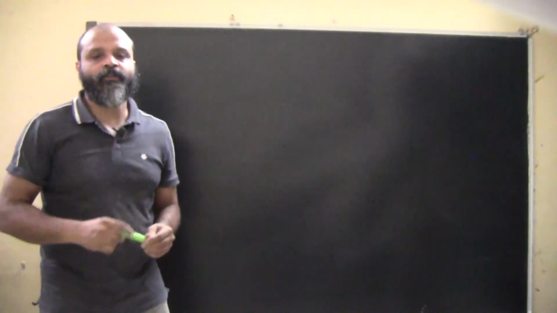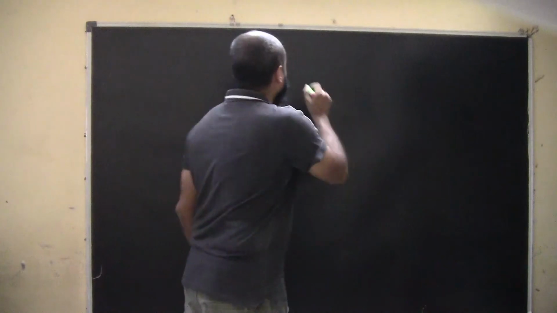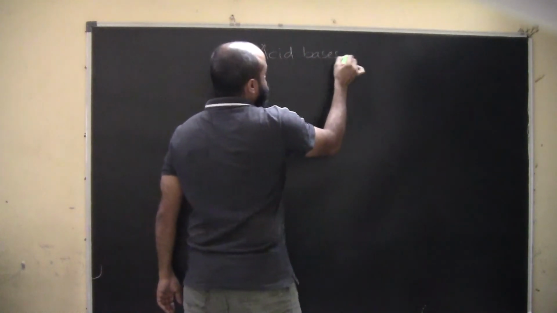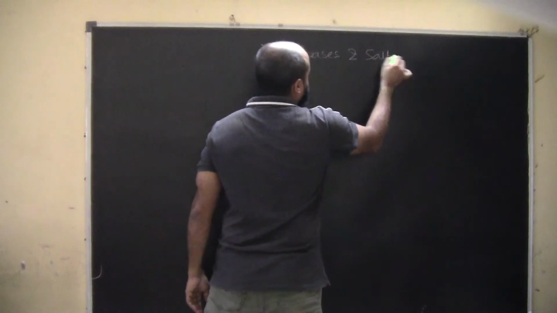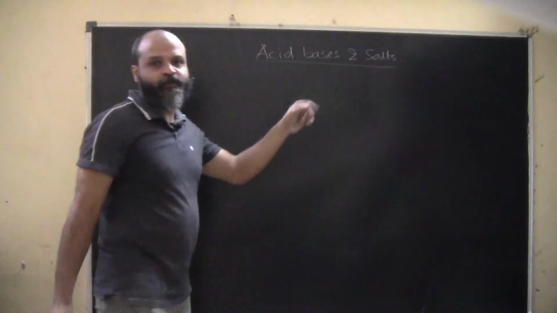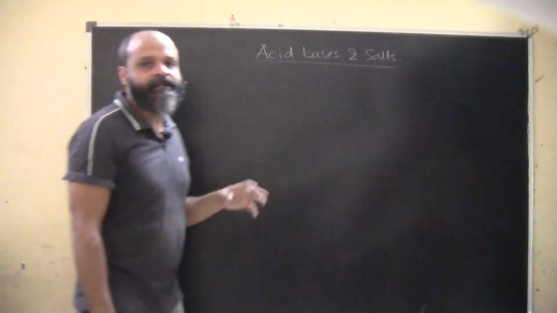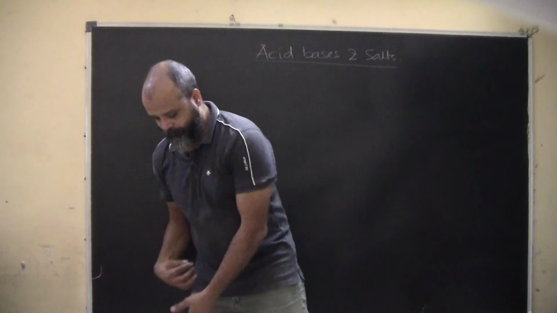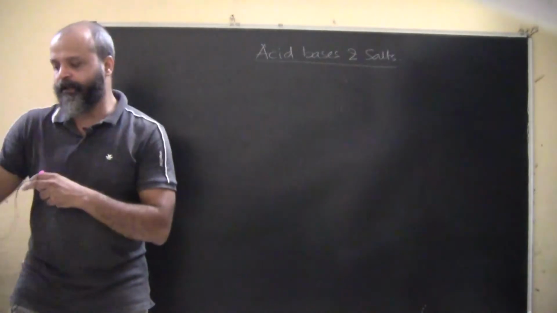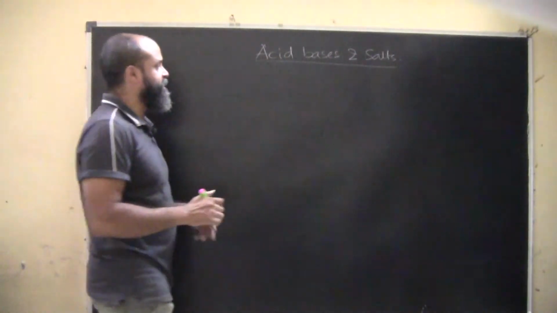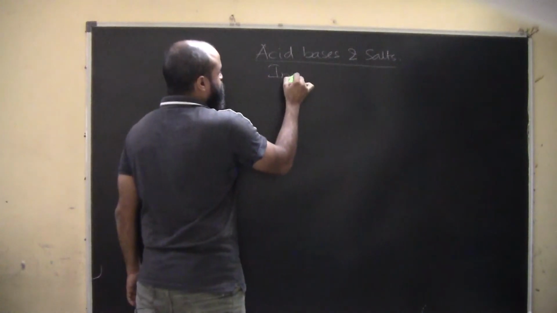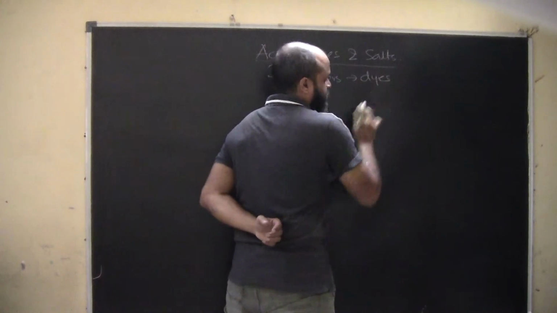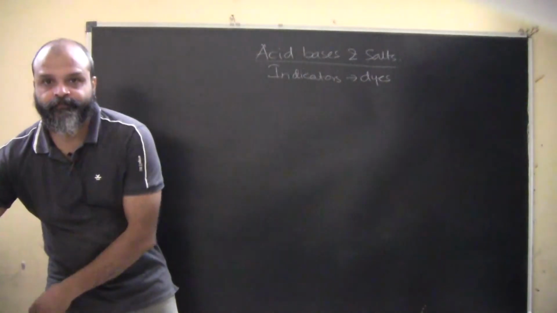All right, we are going to continue with acids, bases and salts, okay. So what we were doing was acids, bases and salts. Now in acids, bases and salts, we were trying to understand what is basically the role of different indicators, okay. So indicators are basically what? They are dyes of particular colors.